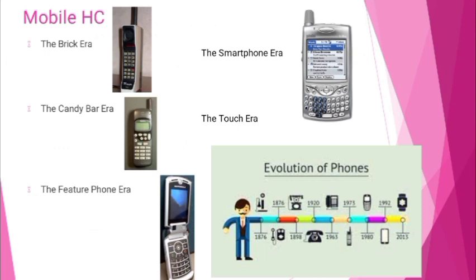So this is the mobile era. The first one is the brick era, and the next is the candy bar era, and next comes the feature phone era and smartphone era, the touch era. This is the evolution of phones,